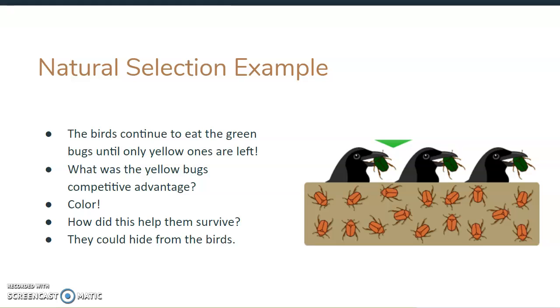Camouflage is a way of mimicking or having the same color as your environment so that someone cannot see you. Humans wear a lot of camouflage when they go hunting and they have green and different shades of green and maybe some sticks on their clothes to look like the woods. But that's what these bugs did: they looked like their background, their environment,